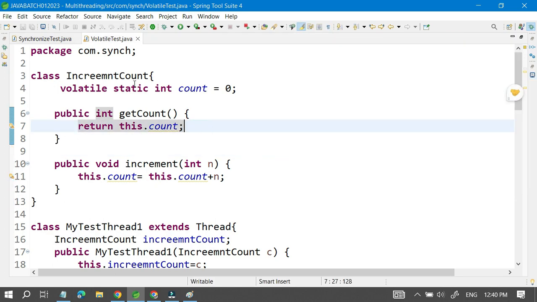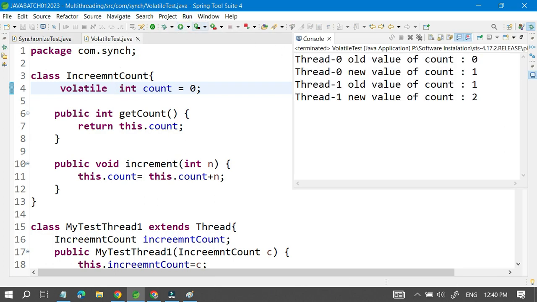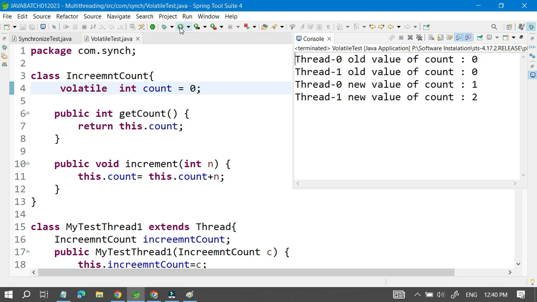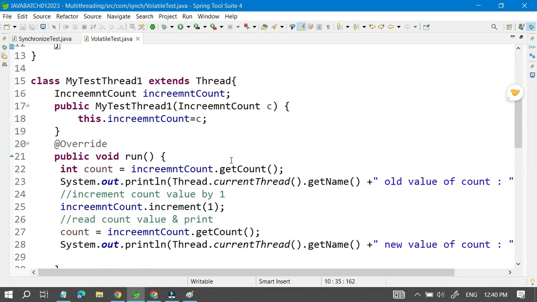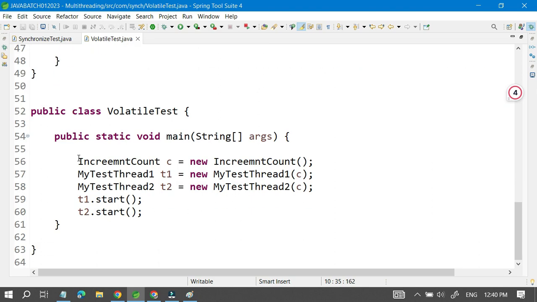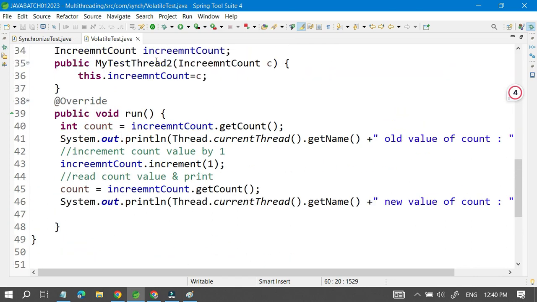So you can remove the static also, no issue, and you can put the static also, no issue. Like that the volatile will work, so that you can understand how it works. Thank you so much. You can go through that and practice, see how it differs and how it works, and go one by one and try to implement this so that your skill will be